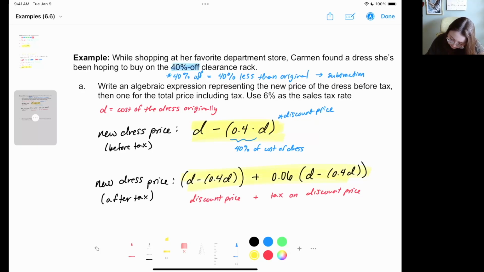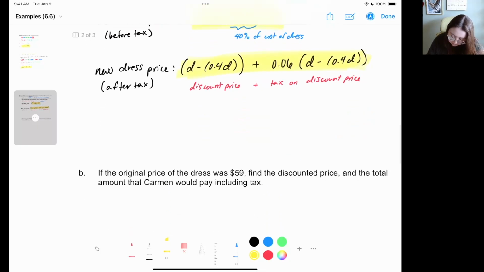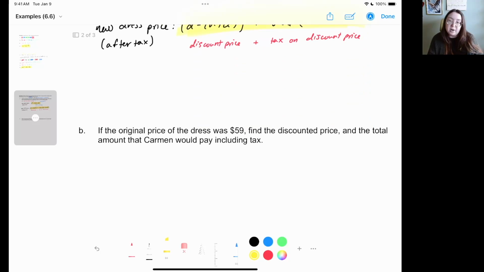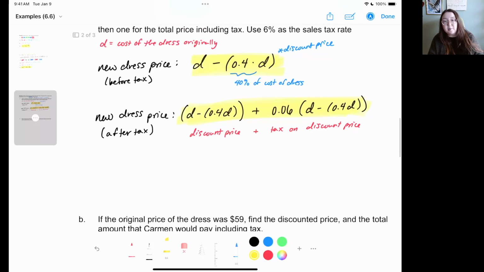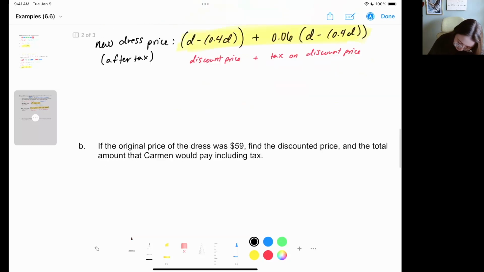And then for our second part, for part B, we want to know if the original price of the dress was $59. We want to find the discount price and the total amount that she's going to pay, including the tax. So all we're going to do is plug in 59 for the price of the dress, for D, into both of these equations to get our new price. So let's go ahead and do that. So the new dress price before tax,